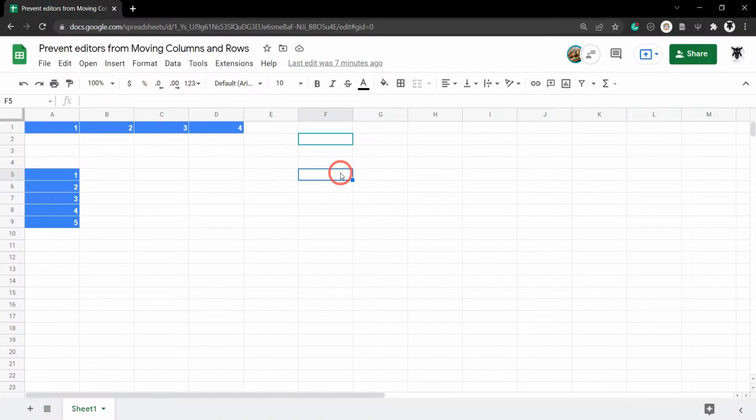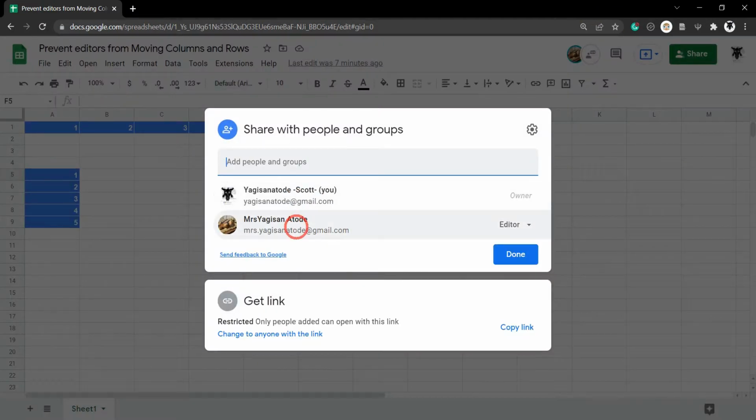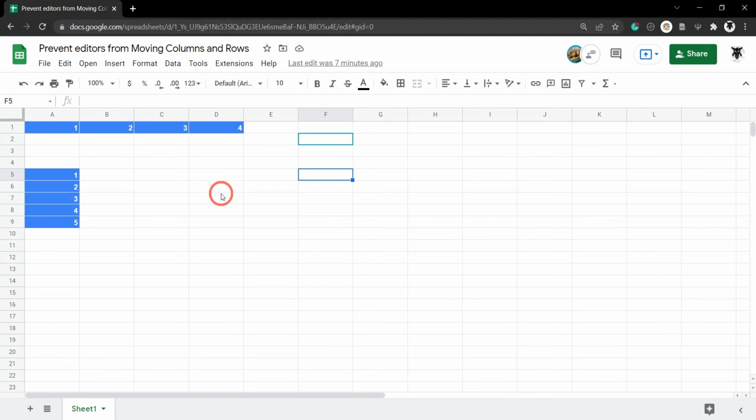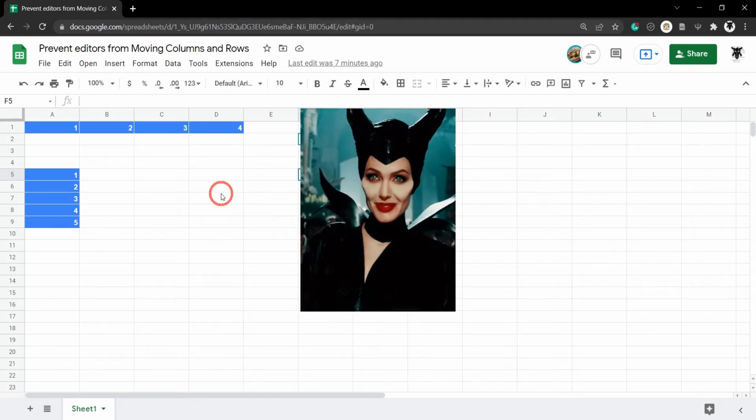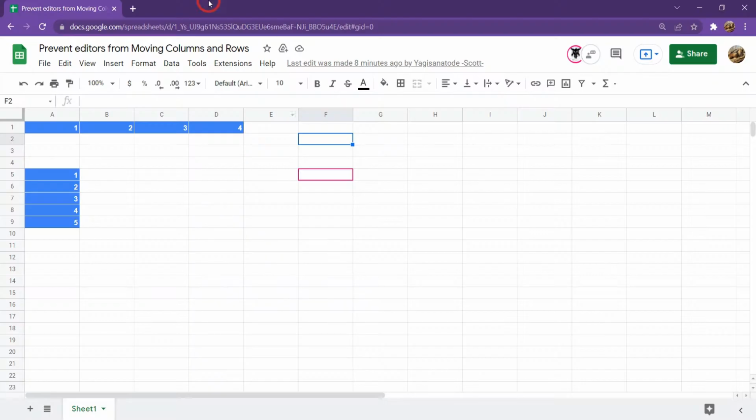I have a Google Sheet here that I've shared with another editor. Let's have a look. I've gone up to share and you can see I have Mrs. Yagi-san Adaday on it. Unfortunately, she has a predilection to move certain columns and rows that influence the document. Let's flip over to her account and you can see this is in the purple here, and she can move